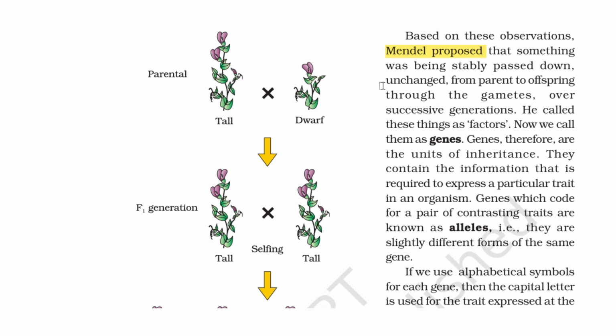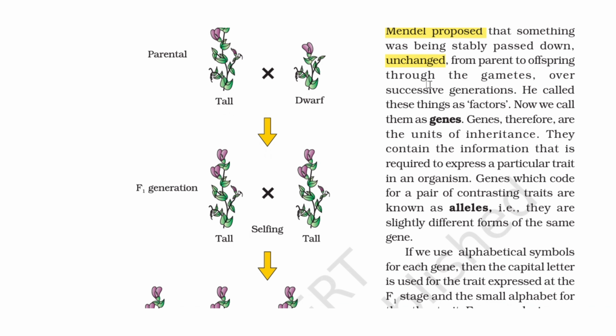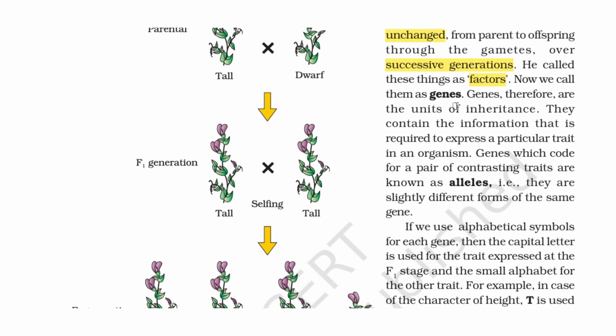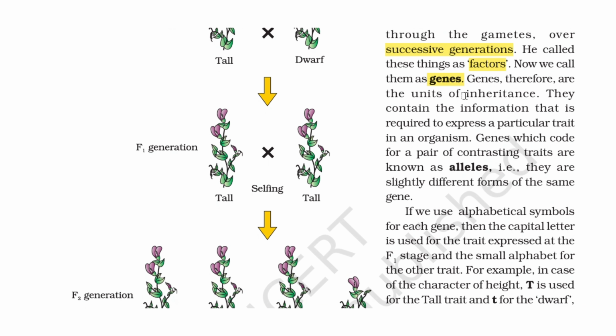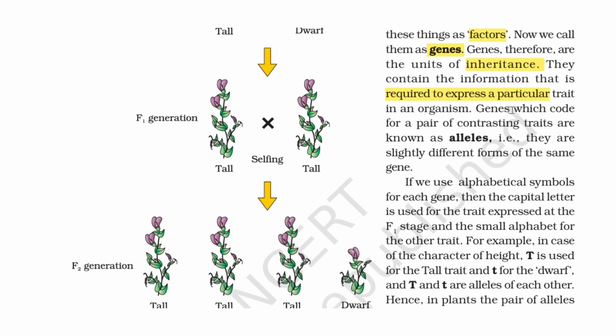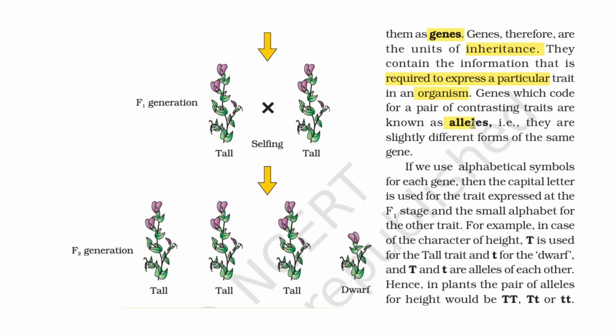gametes, over successive generations. He called these things factors. Now we call them genes. Genes, therefore, are the units of inheritance. They contain the information that is required to express a particular trait in an organism. Genes which code for a pair of contrasting traits are known as alleles, i.e., they are slightly different forms of